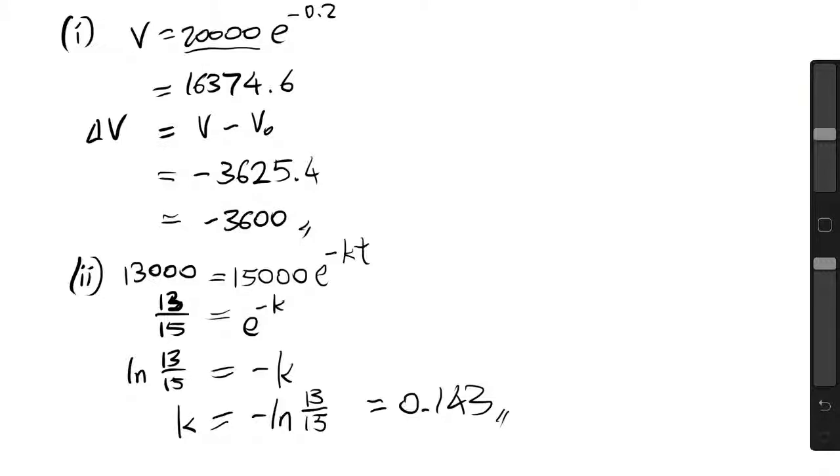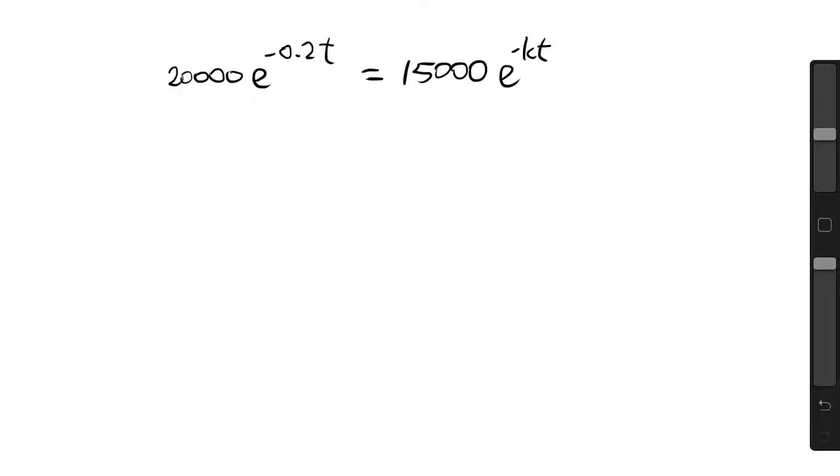Now we want to find how long until both of the cars have the exact same value, and for that we just need to equate the two equations. So we have 20,000 e to minus 0.2t is equal to 15,000 e to the minus kt, and I can just divide both sides by 15,000, actually works better here, to get 20 on 15, which is 4 on 3, is just e to the